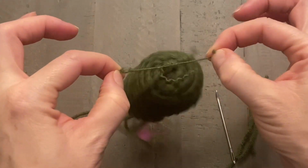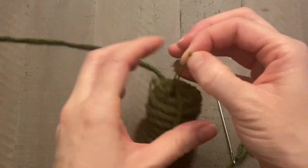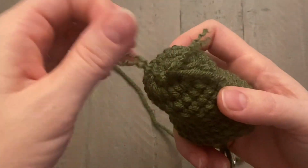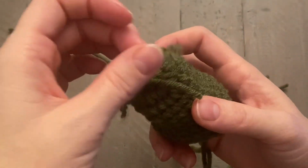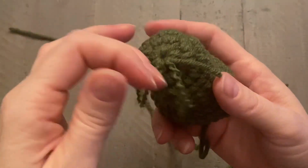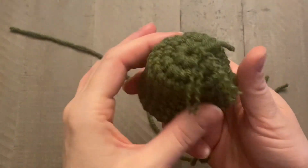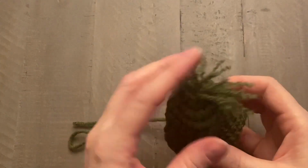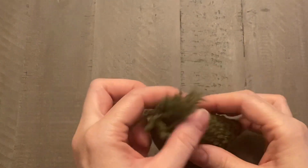Like that. Let it untwist. All right. And that's how you're going to get that look of the hair. And don't worry about trimming it or anything yet. Go ahead and do all 4 strands, pull them all apart, and then come back. All right, so now that you've finished that, you've kind of got this wild hair, but Grinch sort of